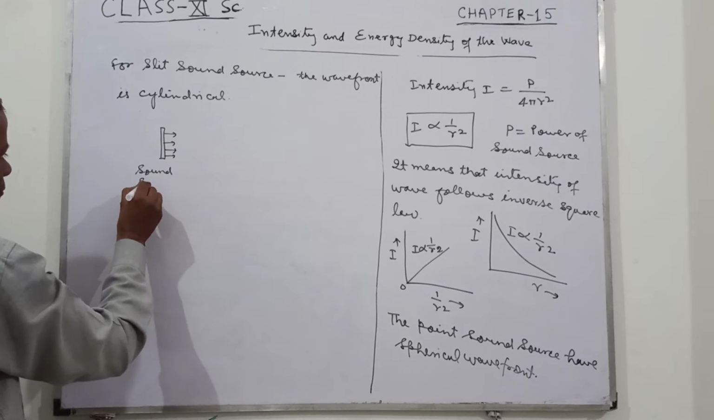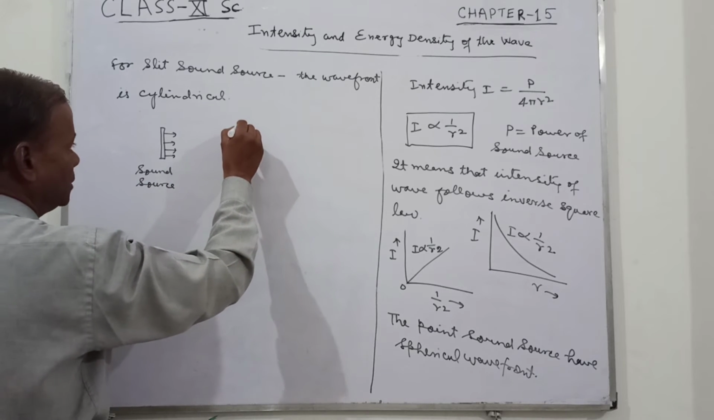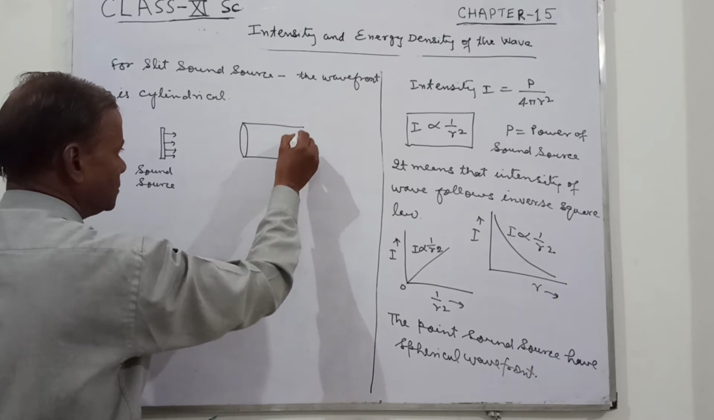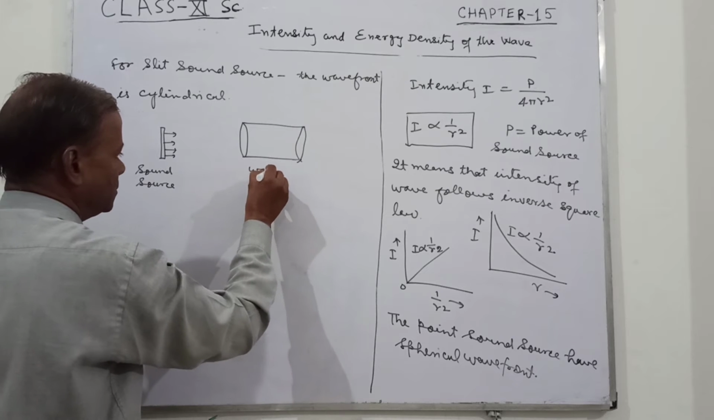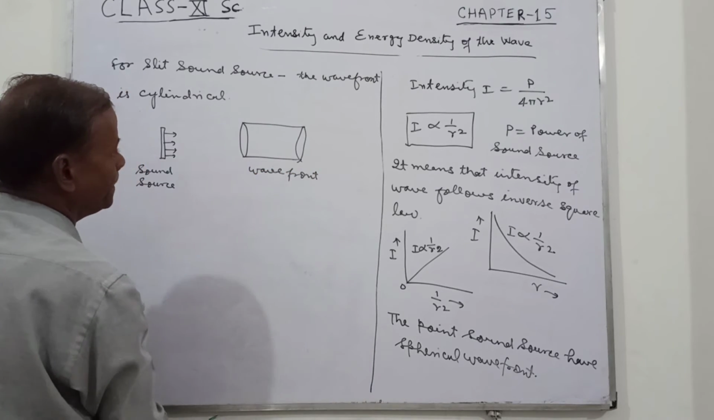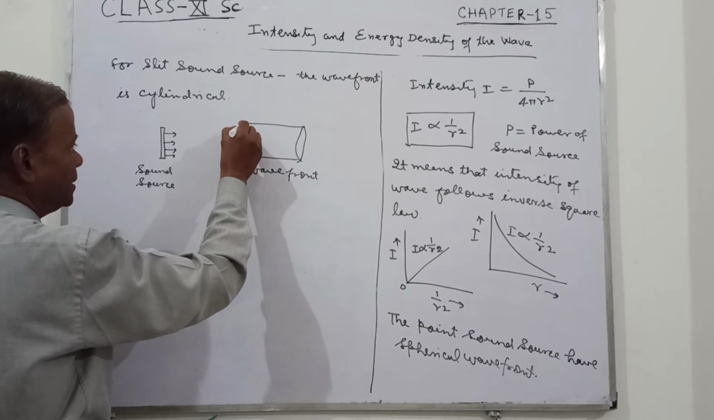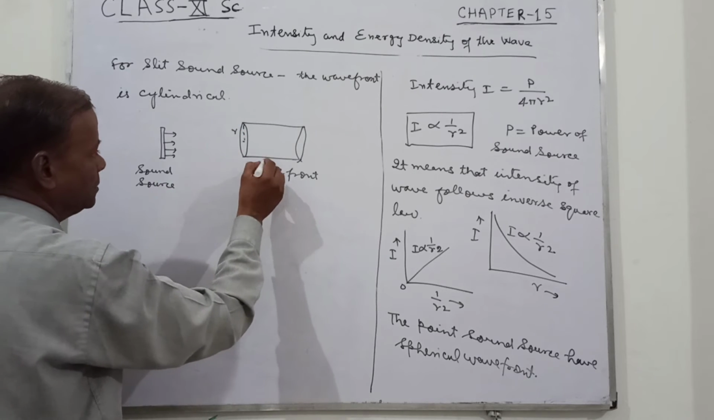Sound source. Then it will have the wavefront like this. This is the wavefront. So naturally, suppose that this is the area, this is the distance, suppose radius r, and the length